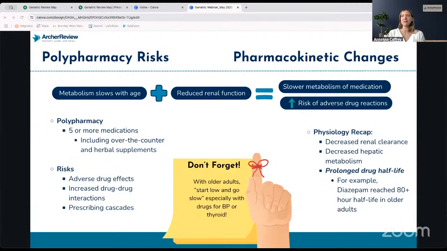My grandma pipes up at the table at the same time. She's like, yeah, I don't know what I'm taking either, Annie. That's normal. I'm like, grandma, that is not normal. You should know what meds you're on, why you're on them. And that's a part of our job as providers in patient education. So I'll get off my soapbox there.